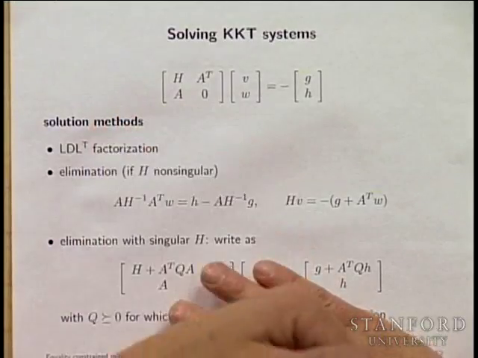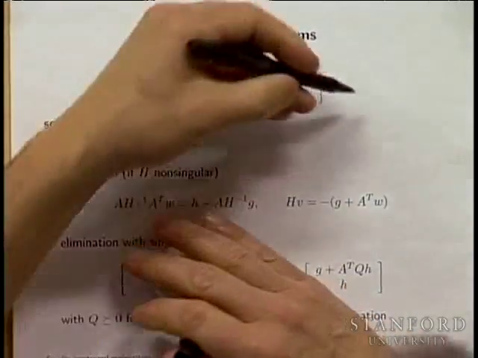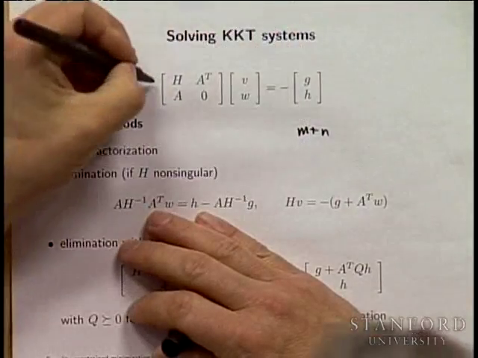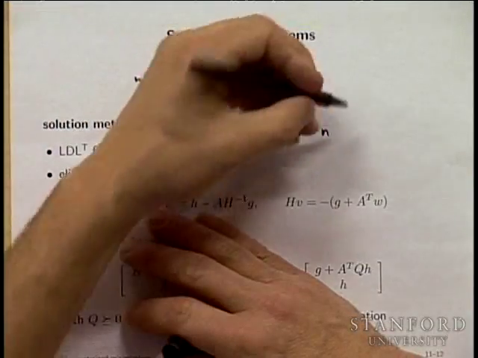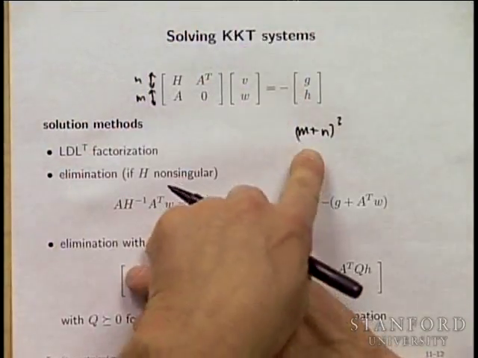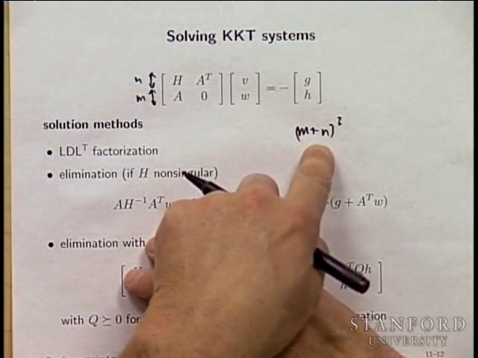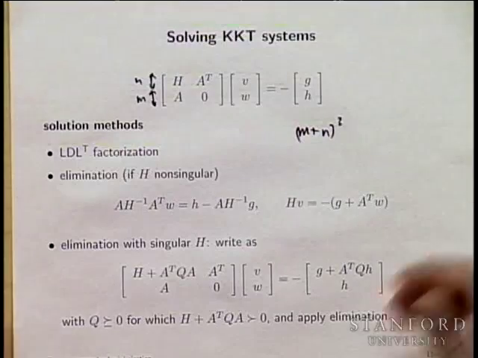I mean, the first thing is just treat the whole thing as dense. It's m plus n, right? Because that's n by n, and that's m high. And so in the worst case, you just commit to this and solve that, just using absolutely standard methods, which